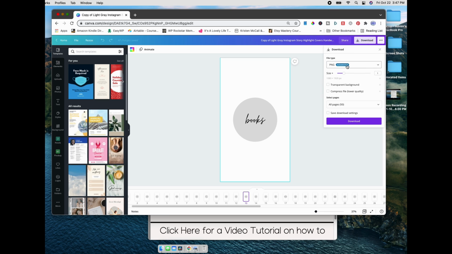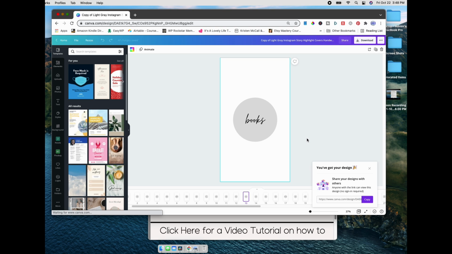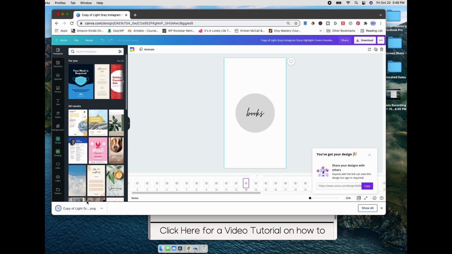We want the PNG suggested file. And you can download all the pages if you want. I'm going to just download page 13. Click download. Once that is downloaded to your computer, you can go ahead and send that to your phone however